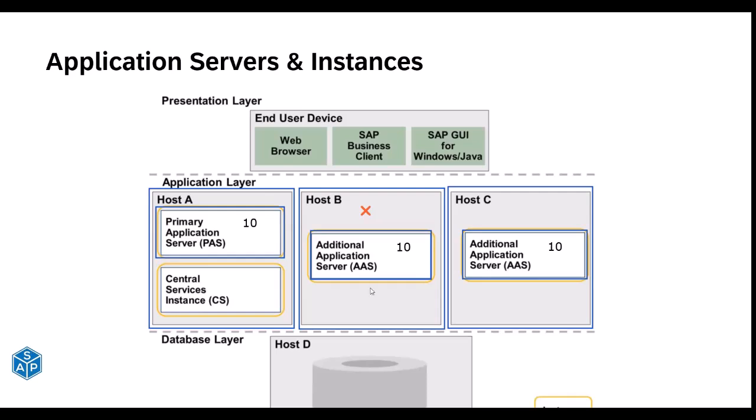See, this host is down. Now this additional application server instance cannot be used. Now what will the system do? The system will redistribute the load among the working application server instances. So now what it will do? It will put 15 users on this server, and on this server,